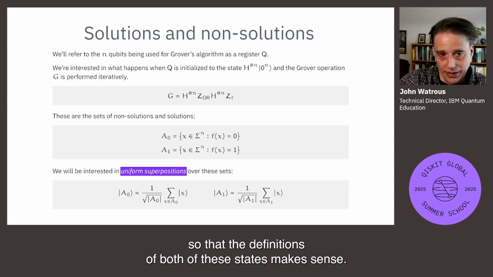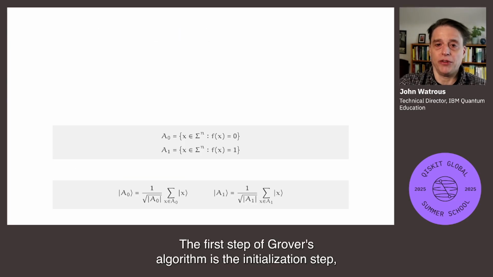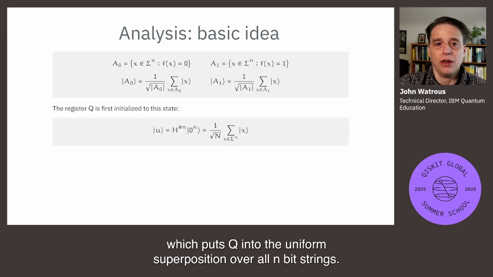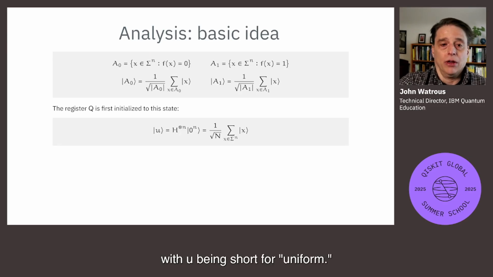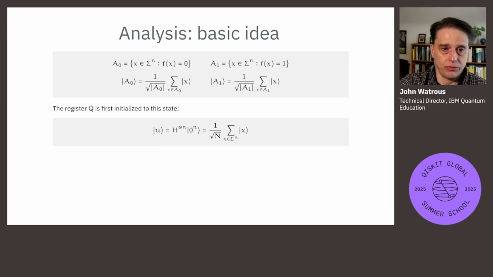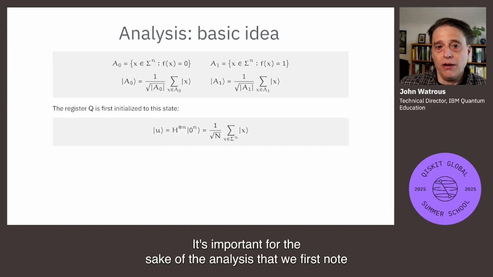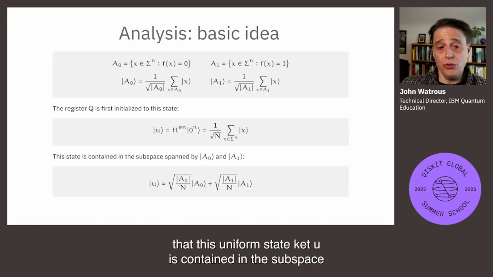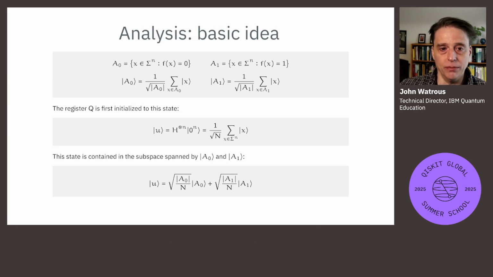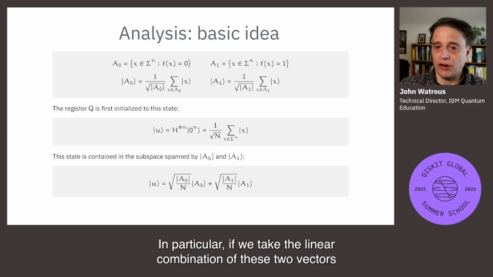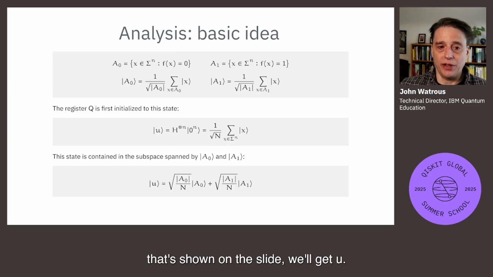The first step of Grover's algorithm is the initialization step, which puts Q into the uniform superposition over all n-bit strings. And just to give this state an easily recognizable name, I'm going to call it ket U, with U being short for uniform. It's important for the sake of the analysis that we first note that this uniform state, ket U, is contained in the subspace that's spanned by the two vectors ket A0 and ket A1. In particular, if we take the linear combination of these two vectors that's shown on the slide, we'll get ket